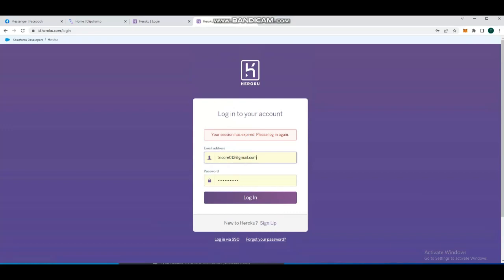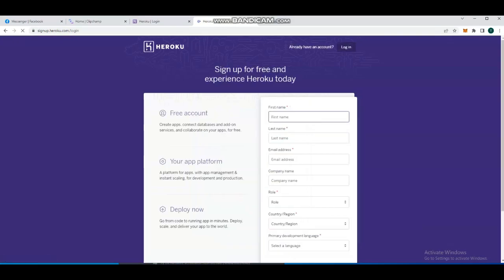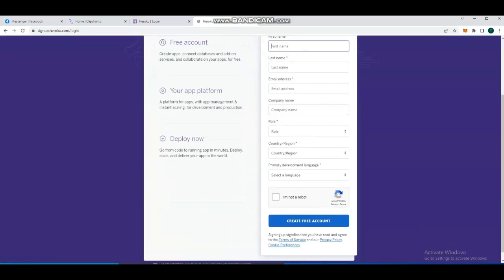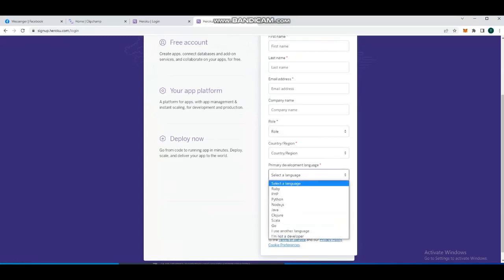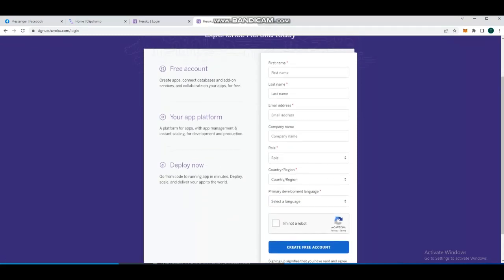you can click here to sign up, and you can put here your credentials, your first name, last name, everything, and then it will ask you about your role in the company, the country and region that you're currently residing, and the language that you're currently using. So I suggest you just simply click in node.js or anything actually. Alright, so I'm not a robot, and then create a free account, and then you'll be prompted within the declared